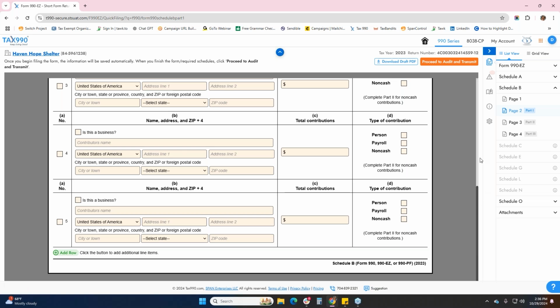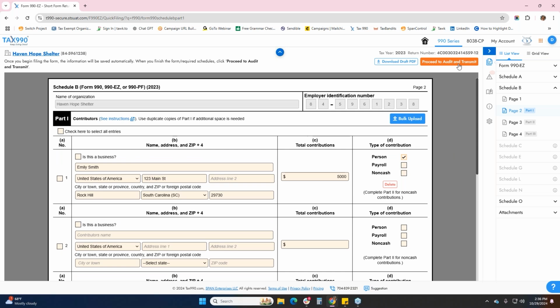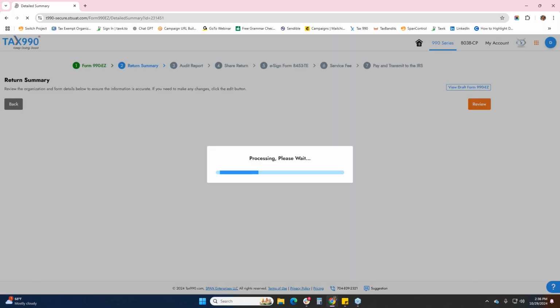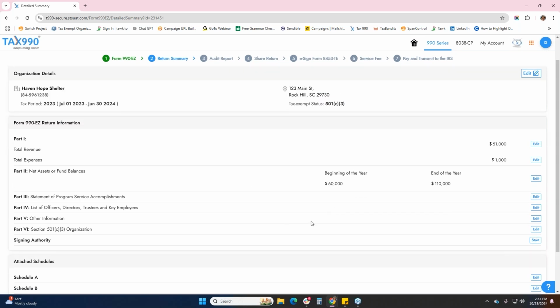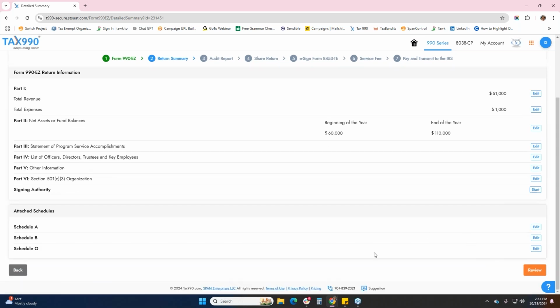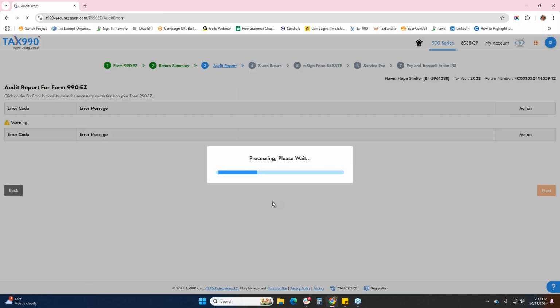Now, I think I'm pretty much done with this document, so I'm going to go ahead and proceed to audit and transmit. Now, keep in mind, we offer the PDF of the document as you're completing it. It will have a draft watermark on it, saying draft, not for e-filing. We're going to go ahead and proceed to audit. We're going to look at a quick return summary, just a visual of what we're reporting. If something looks really off, you can just click edit and navigate directly back to that section, but this all looks fine. So we're going to go ahead to review and go to the audit,